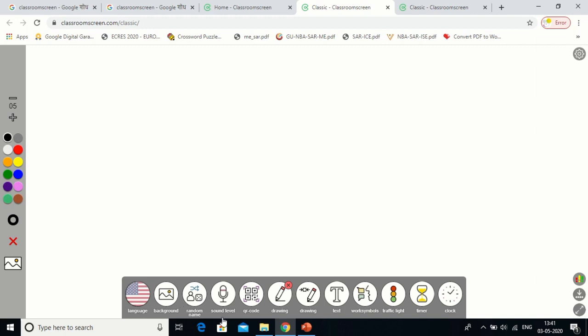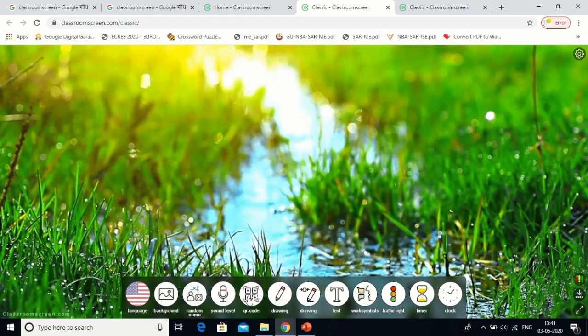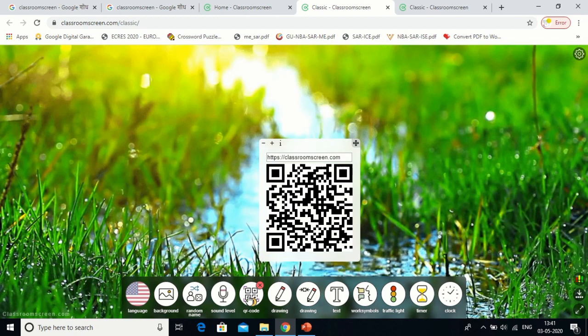Okay, now we will move towards the QR code. I will just cancel it. During the class, while taking the quizzes, if you want your students to refer to certain websites, certain research paper, then you can type the website over here.